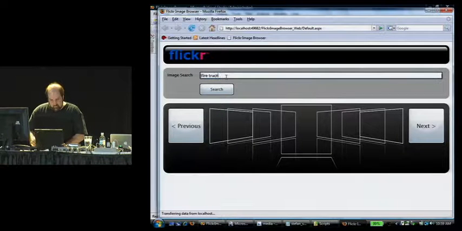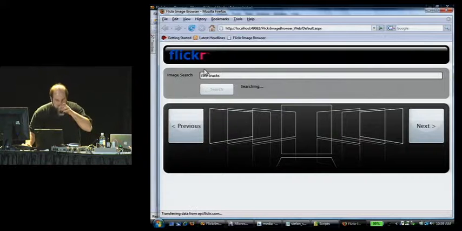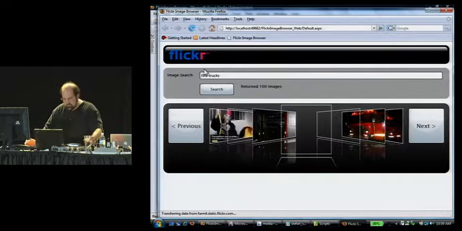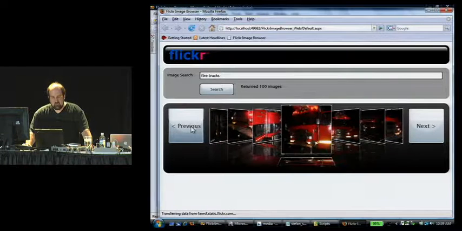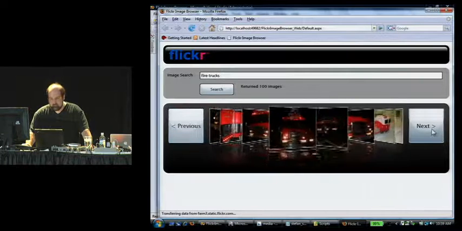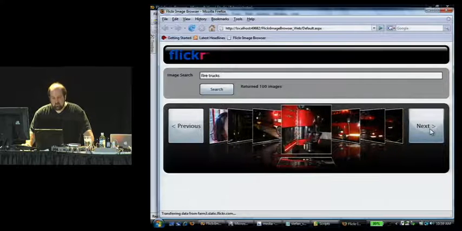So, I don't know, let's go look for fire trucks. See what comes back from Flickr. We get a couple of images, get everything populated up here. And, great, we can sit here and scroll back and forth. So, okay, that's very nice. What am I going to do with that? Well,